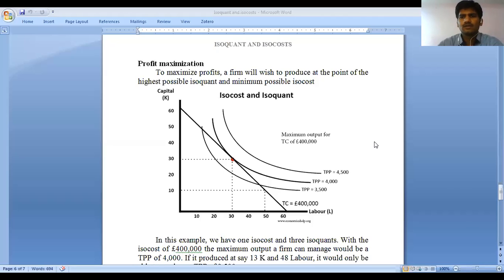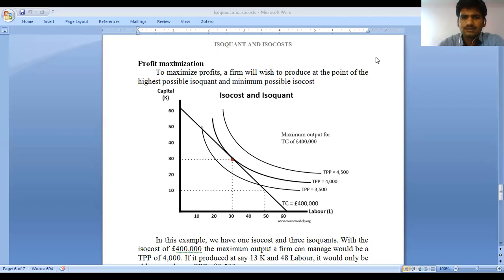So if we want to get a maximum profit, what do we have to do? To maximize the profit, a firm will wish to produce at a point of highest possible ISO quant and minimum possible cost. So we know what is ISO quant and ISO cost. ISO quant is nothing but we draw a graph where the inputs are varied. So what are the inputs here? The labor and